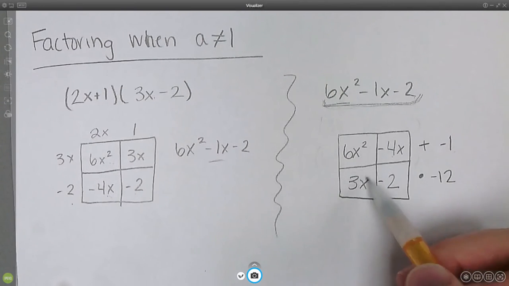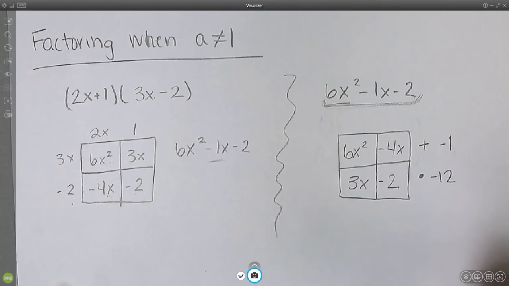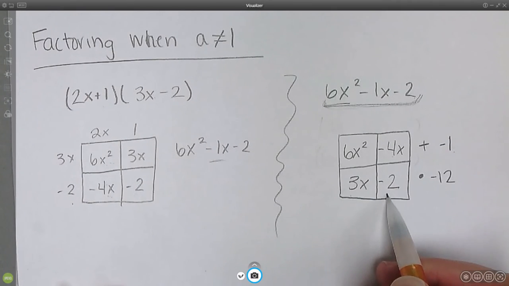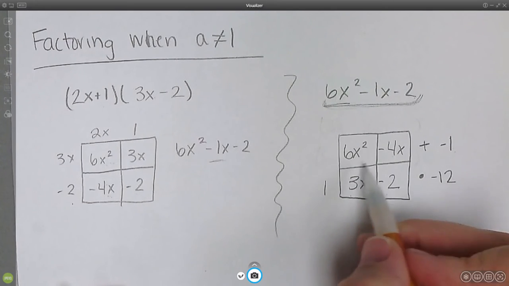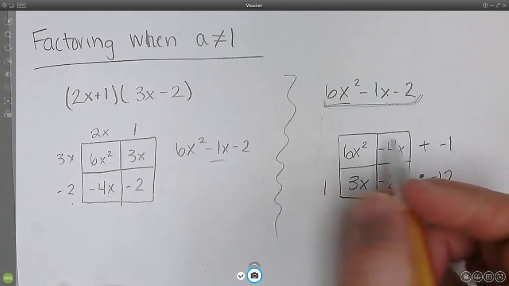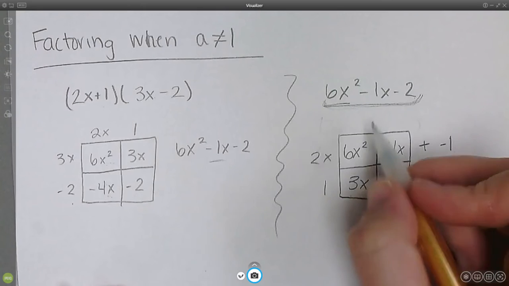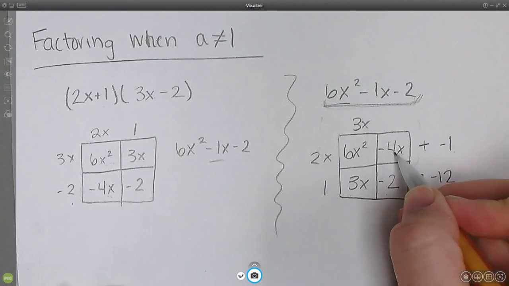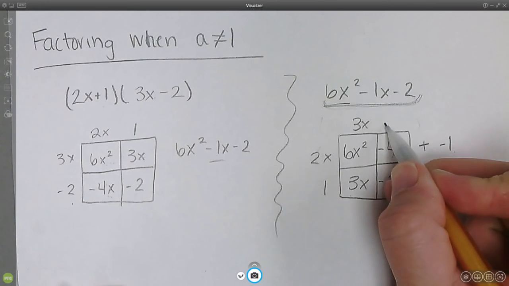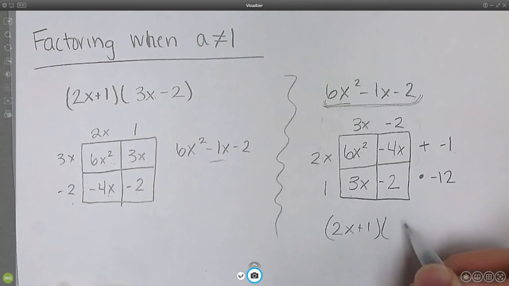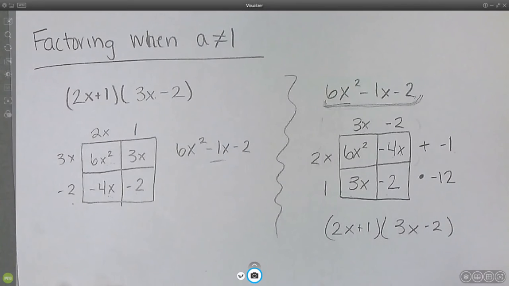If you notice, I put these in a different order than over here. It does not matter. You can switch them. It's the exact same thing. So 3x and negative 2, what's my greatest common factor? That's a 1. 6x squared and negative 4x, that is going to be 2x. 6x squared and 3x, that's 3x. Negative 4x and negative 2, they're both negative, so we're going to pull out a negative. So negative 2, and our factors are 2x plus 1 and 3x minus 2,